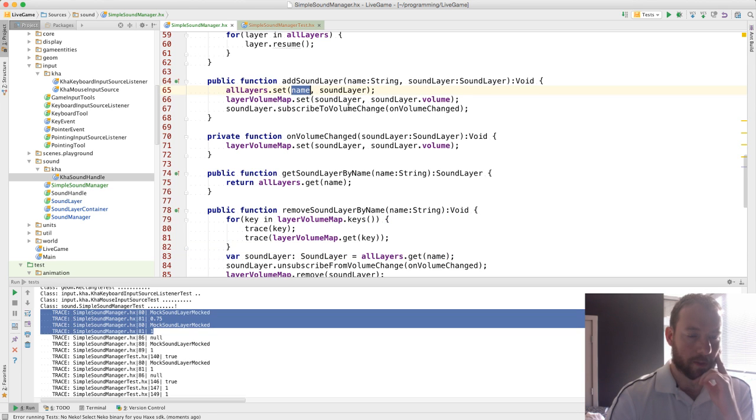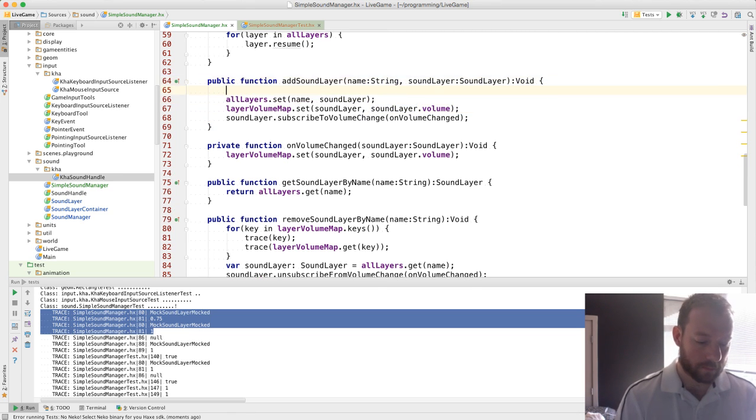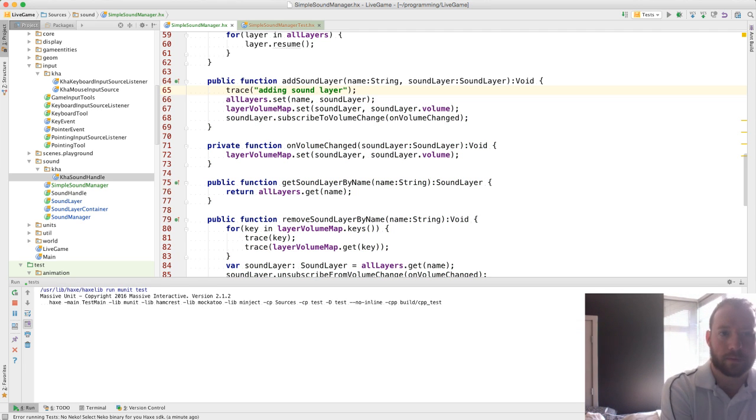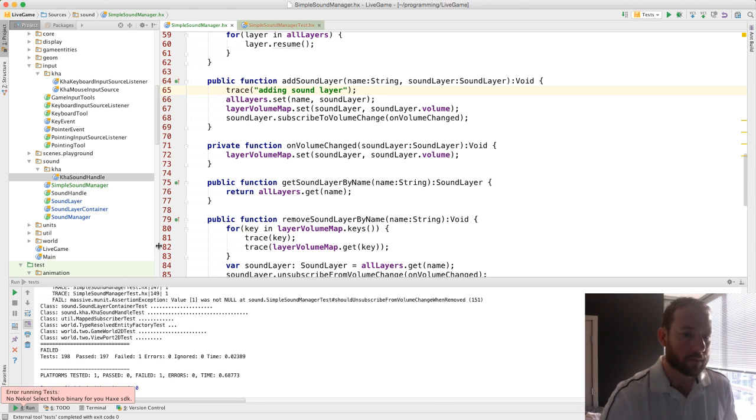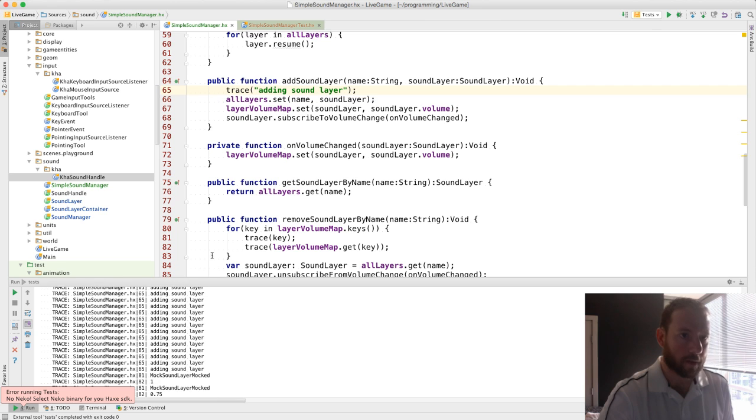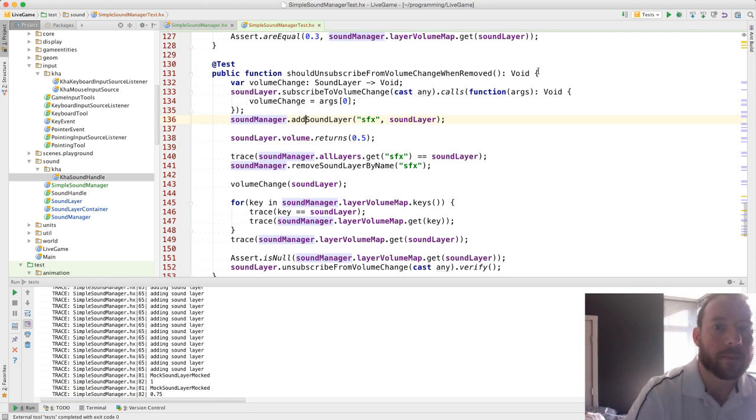All layers, name, sound layer, volume, trace, heading, sound layer. That's not going to be easy, so